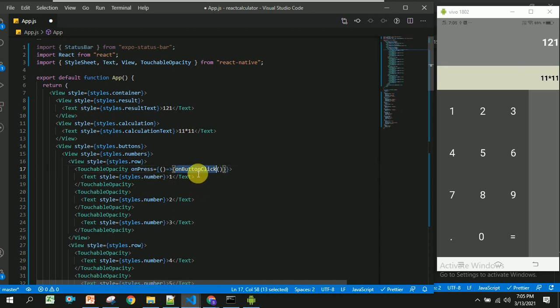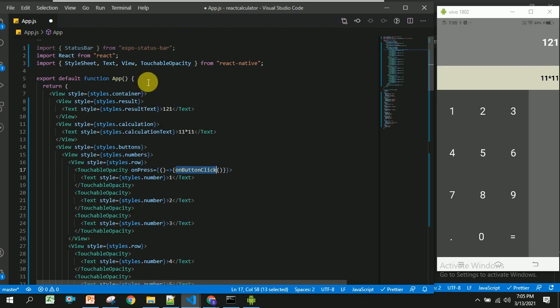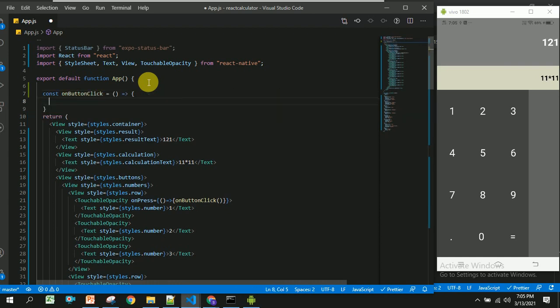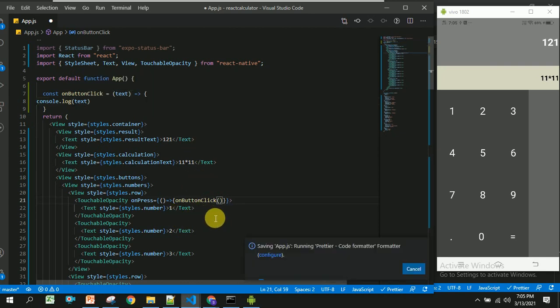I am going to create this method above the return by using arrow function syntax. It will expect some text, and I am going to log the text clicked by the user. Here I am going to send the number the user has clicked.